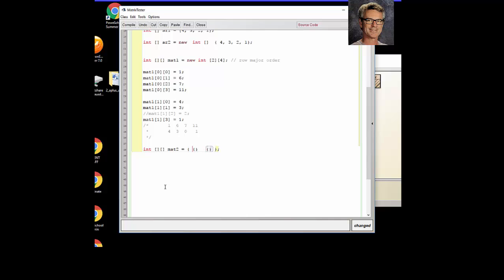So I'm going to put the numbers for row 1 inside those curly braces, the values for row 2 inside there. So 1, 6, 7, and 11 separated by commas. Oh my. But that's just like arrays, isn't it? And I'll keep that 0 here and go 4, 3, 0, 1. Looks pretty good, but I gotta do one more thing. I gotta add commas between the rows. If I were to compile it now,